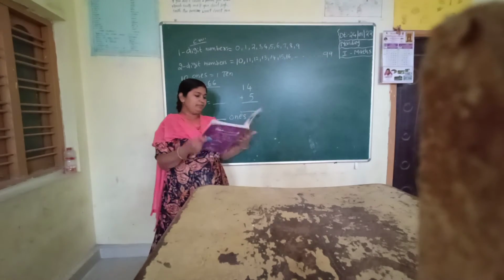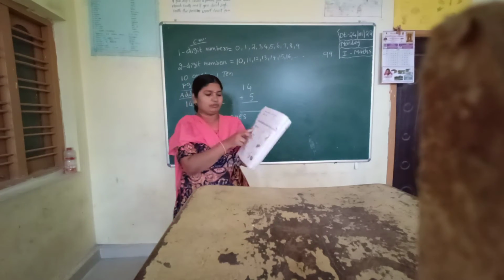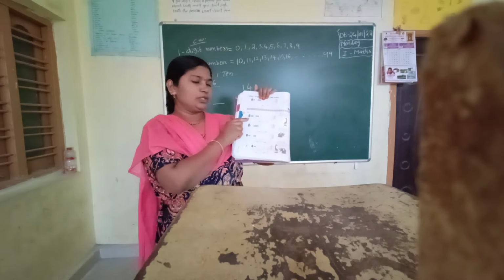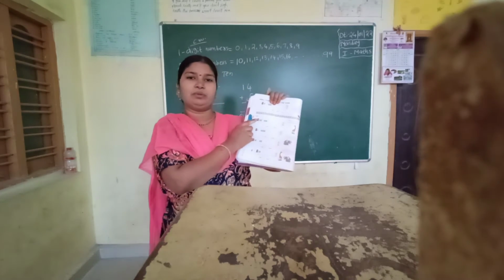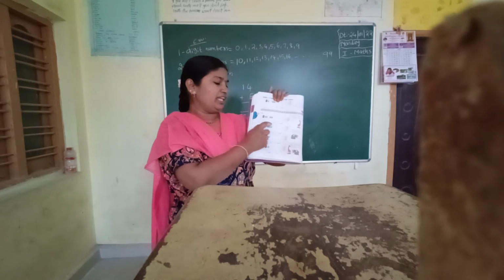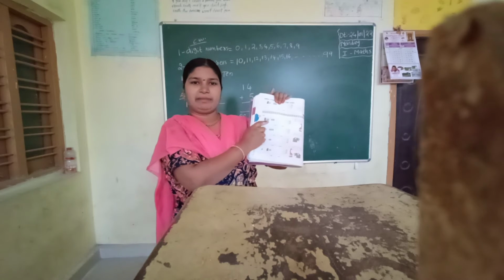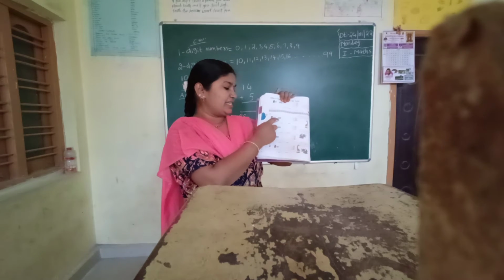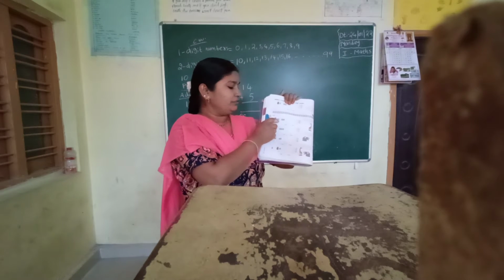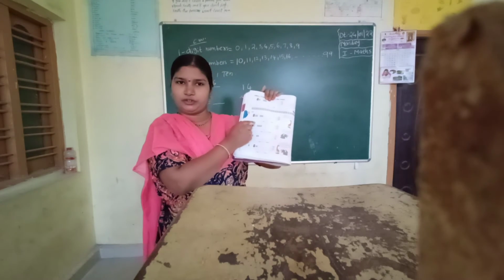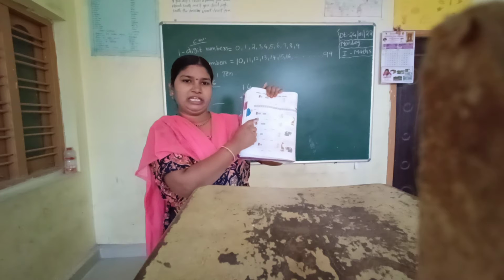Okay, see here, they have given 10 bundles as a group in your textbook. One bundle has only 10 pencils, so they have given 1 in the tens place. Now count how many green pencils are separate. Count once, 10 beside: 1, 2, 3, 4. We have 4. 10 plus 4 is 14, so they have given 14 here.